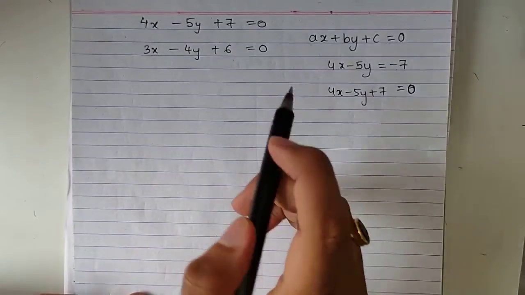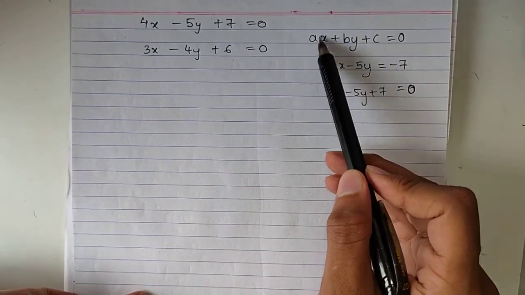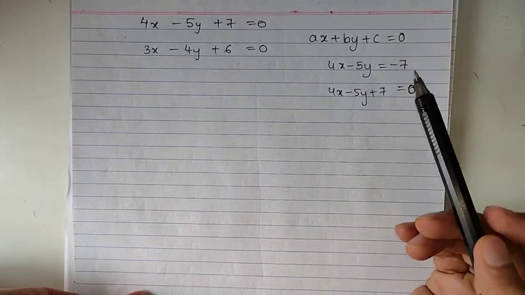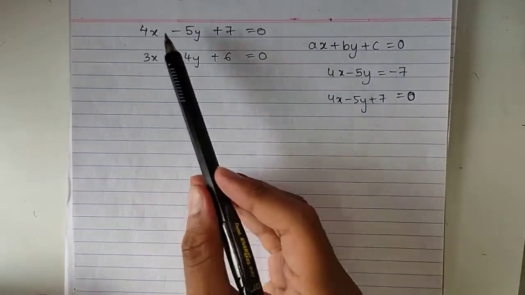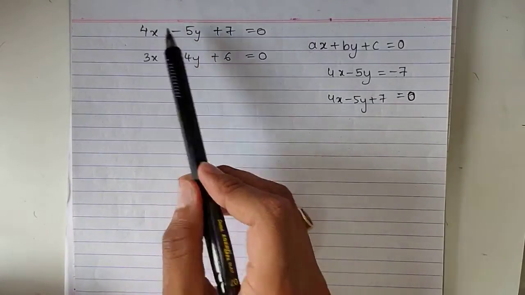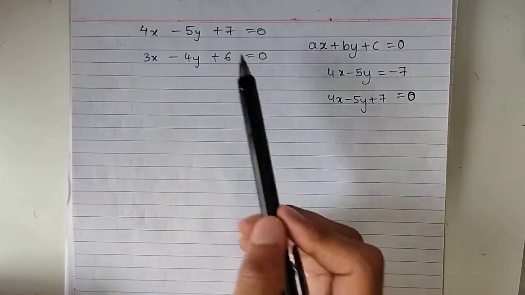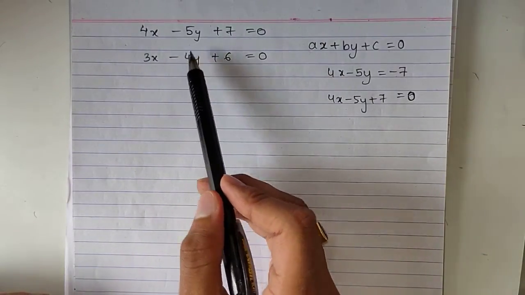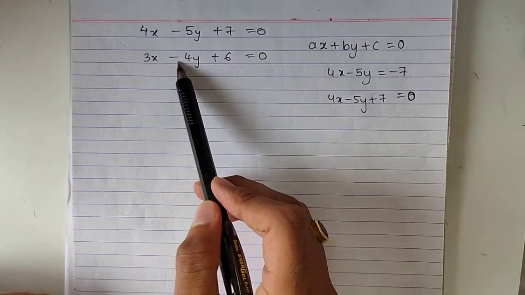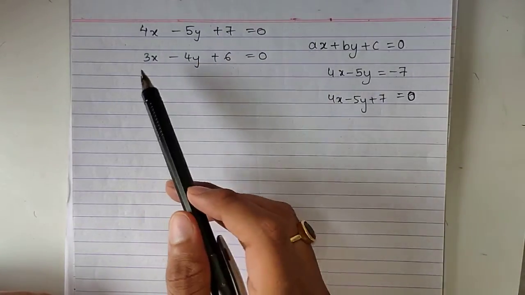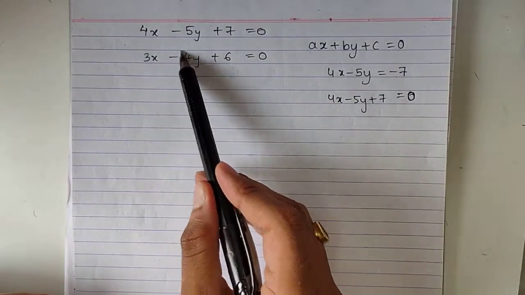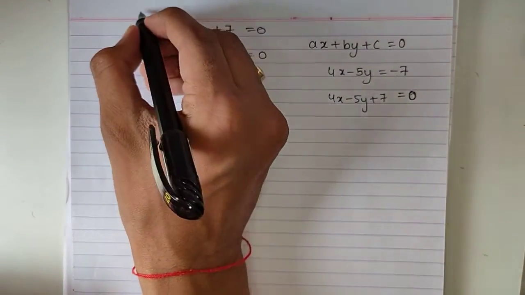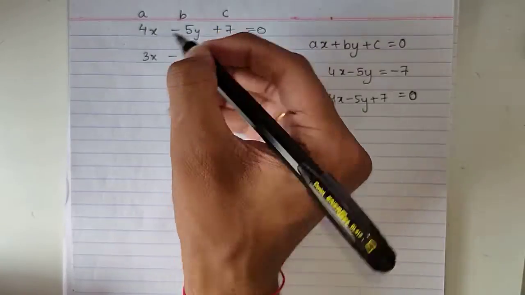Then जो x का साथ कोएफिशिएंट है that is a, the coefficient with y is b and the last number is c. So यहाँ पे x के साथ कोएफिशिएंट क्या है 4, y के साथ -5 और ये 7, x के साथ 3, y के साथ the coefficient is -4. The coefficient is always with sign. Coefficient means the number with the variable. So y के साथ है -4 and then है +6. So ये जो फर्स्ट लाइन है इसमें ये a है, ये b है और ये c है, करेक्ट.